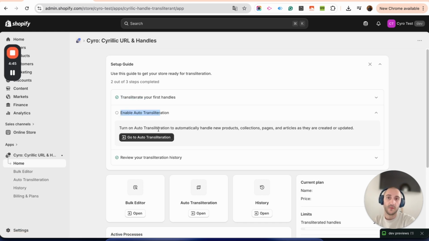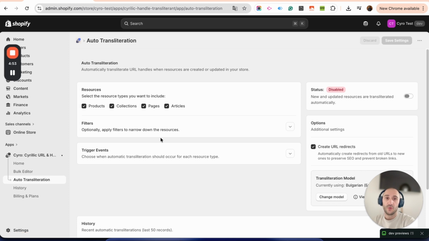So we now have the auto transliteration, which is the, I think, more important functionality. What it does is allow you to automatically transliterate handles for these resources on creation or update. Basically, these are the two triggers. But you don't have to think about that anymore. So once you enable that, and you go and create a new product, it will just be transliterated to